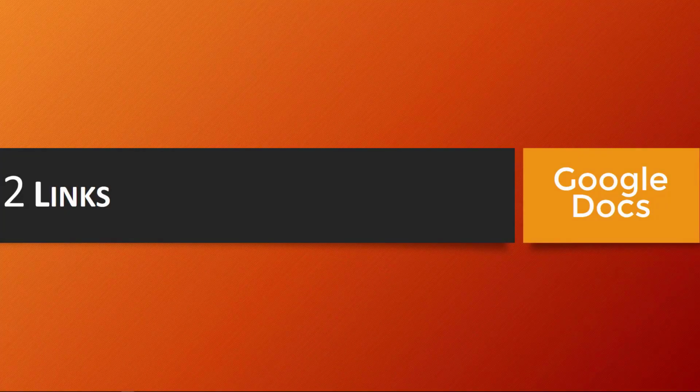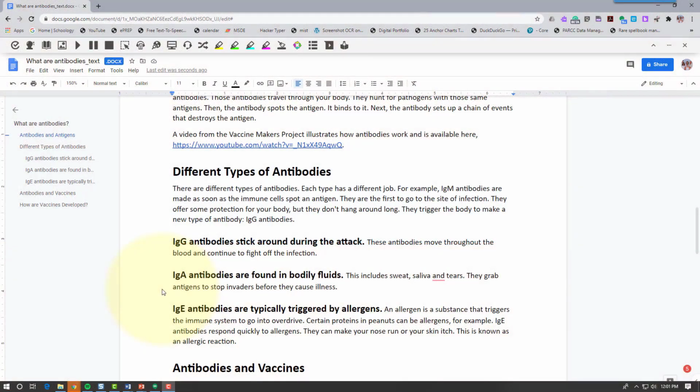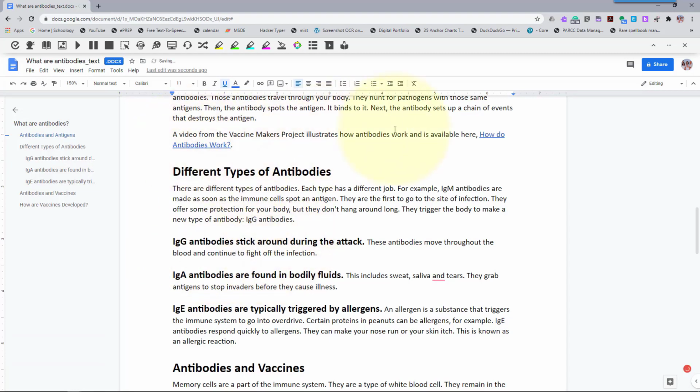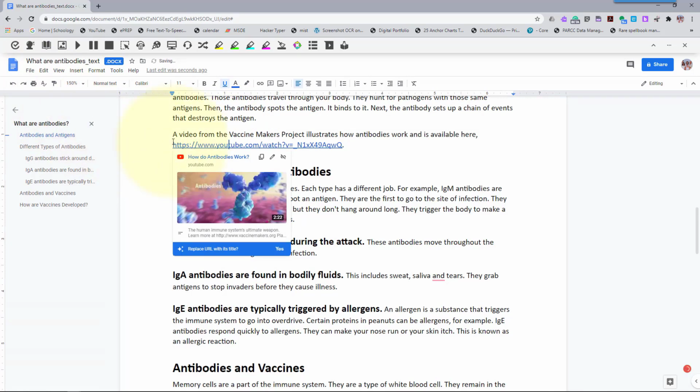Editing links in Google Docs. Editing links in Google Docs to describe the link location is very similar. Here's our link with the URL to the YouTube video, and if we click on that, it shows the title, and we have an option to replace the URL with its title. And if we select yes, that title goes up here, and if that's descriptive enough, then that's all you need to do. If you don't believe it is, then select the edit link,